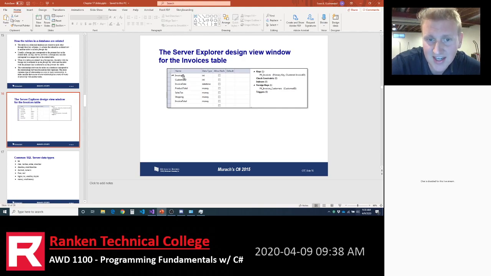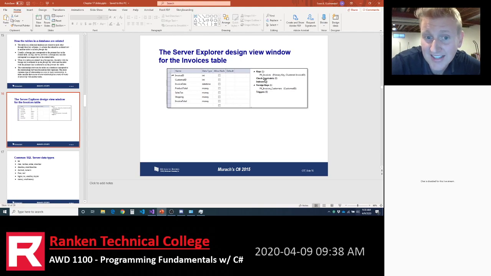Now, I realize the column is Invoice ID, but it looks like a row right now. Don't let that confuse you. Each one of those rows is going to be a column in your table. So Invoice ID is a column, Customer ID is a column, Invoice Date's a column. And then you'll again remember each column has a data type, and then whether it's nullable is a checkbox. You could say yes, sales tax can be left null or not.